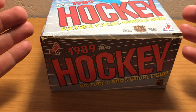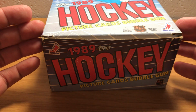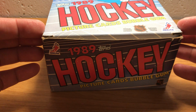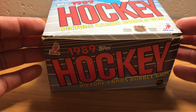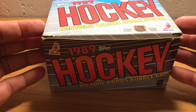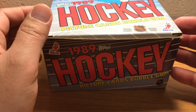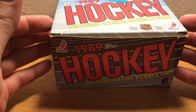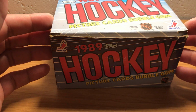In any event, I really love this set because it's the oldest affordable hockey product. If you get into '88 and before, it starts to get ridiculously expensive. I think Brett Hull has a rookie in '88, so those boxes are quite expensive at this point. This one has a couple of Hall of Fame rookies in it, Joe Sakic and Brian Leetch. A couple other decent rookies that are not Hall of Famers, and then your usual list of Hall of Famers: